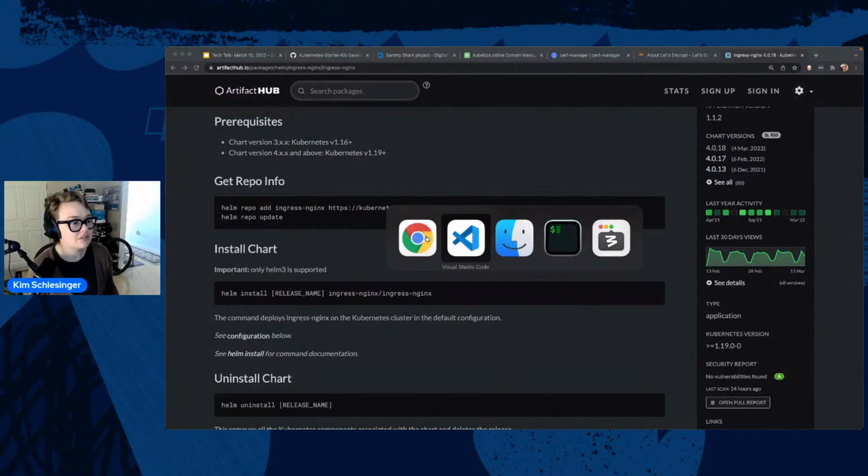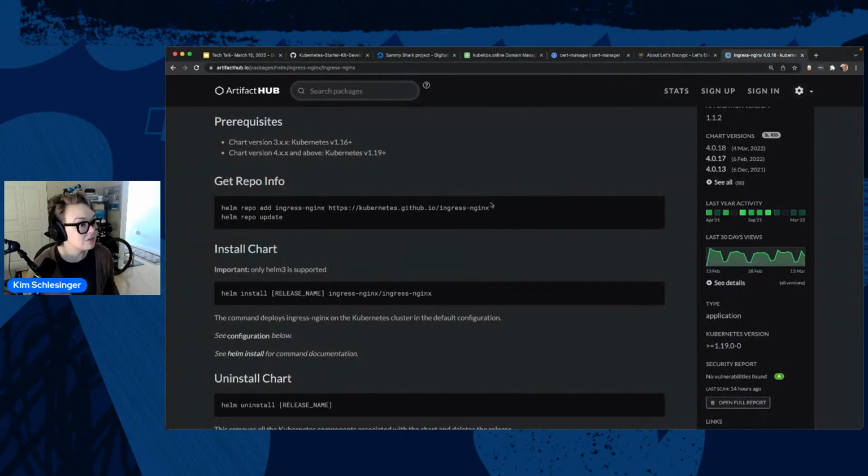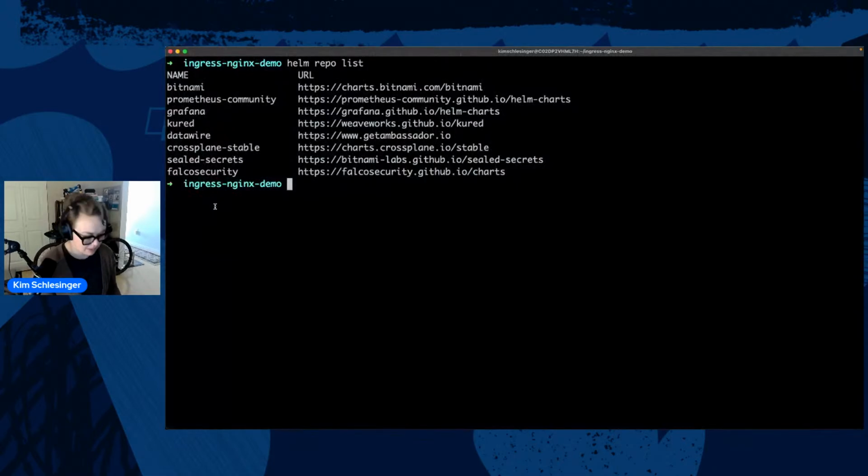And so let's go back to my command line. If I say helm repo list, these are all of the Helm repos that I already have installed on my local machine. And I don't see Ingress NGINX there. And so what I'm going to do is I'm going to grab this command, and we'll look at that on the command line.